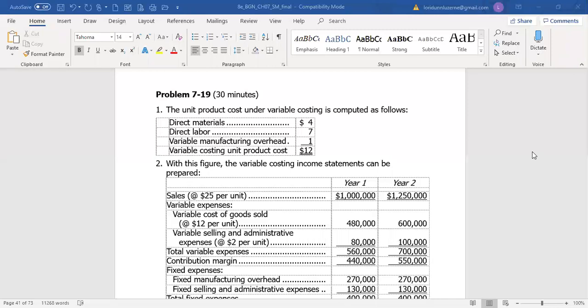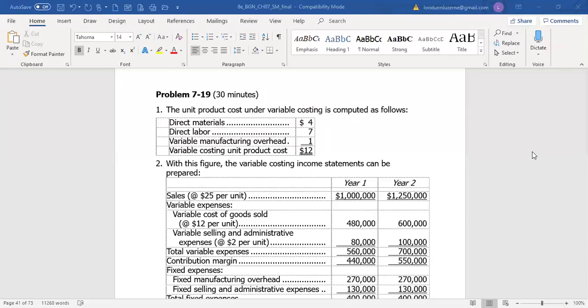Hi everyone. We are now going to review problem 719 on page 321. During Heaton Company's first 2 years of operations, it reported absorption costing net operating income as follows. So their sales for year one were $1 million, cost of goods sold for per unit, everything,